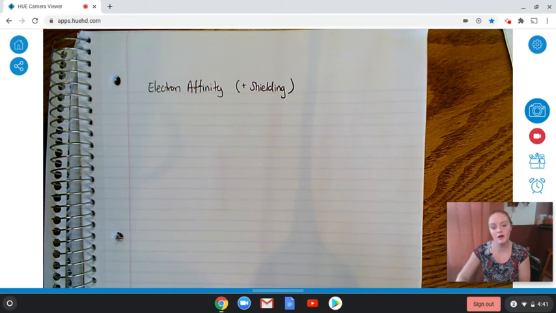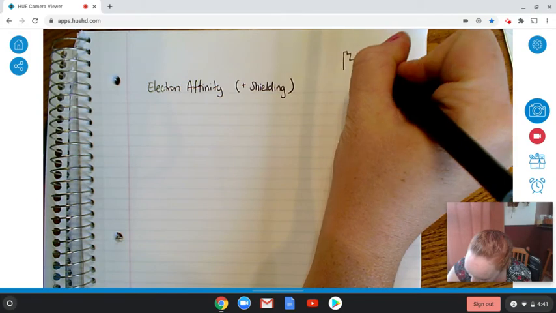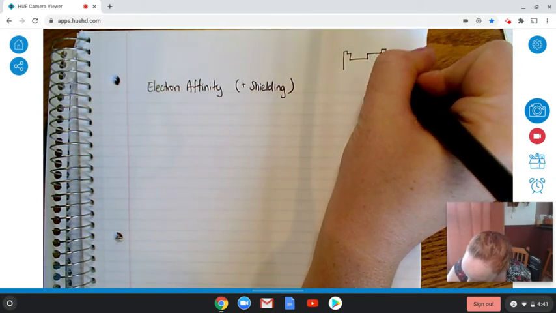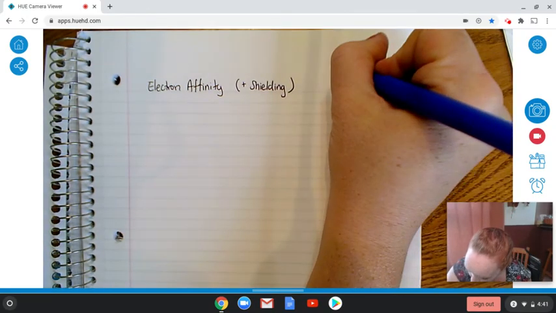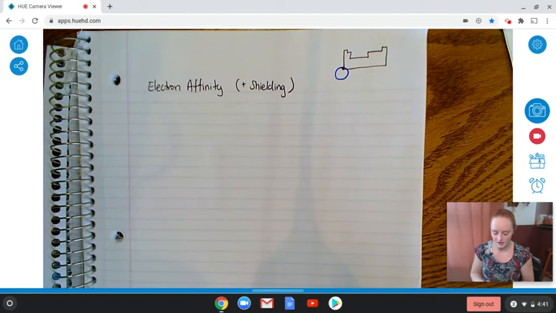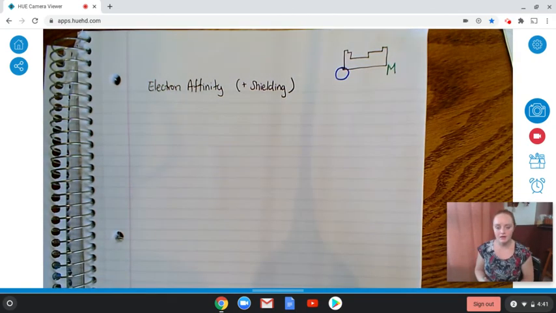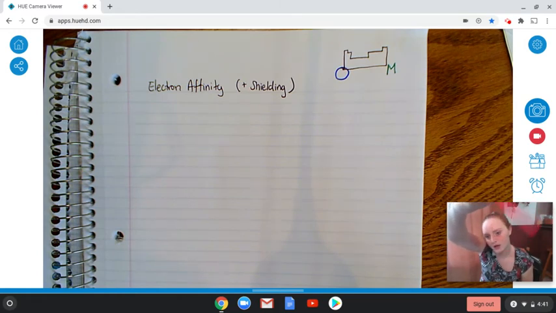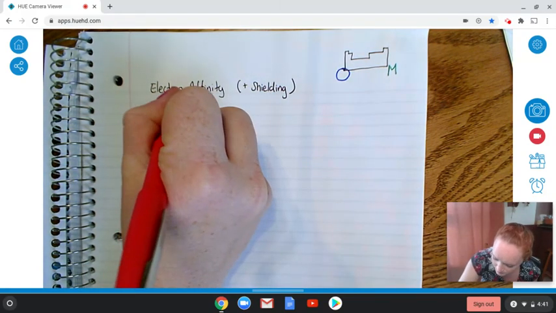So if you remember, as a review, when we did our periodic table, three of the big trends that we looked at were atomic size, so larger in the lower left, and atomic mass, heavier in the lower right. And today we are going to look at our third cornerstone trend, electron trends, which are going to be in red. There's three of them, but they follow the same pattern, so we're going to put them all in red. First one we're going to look at is electron